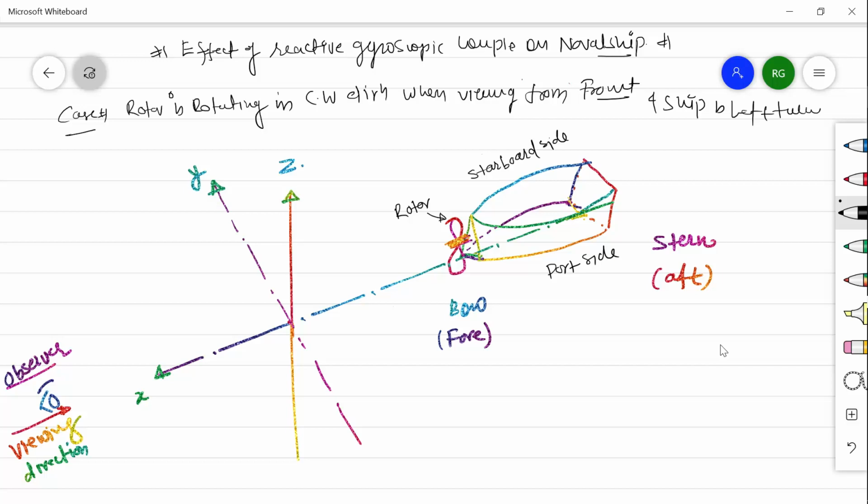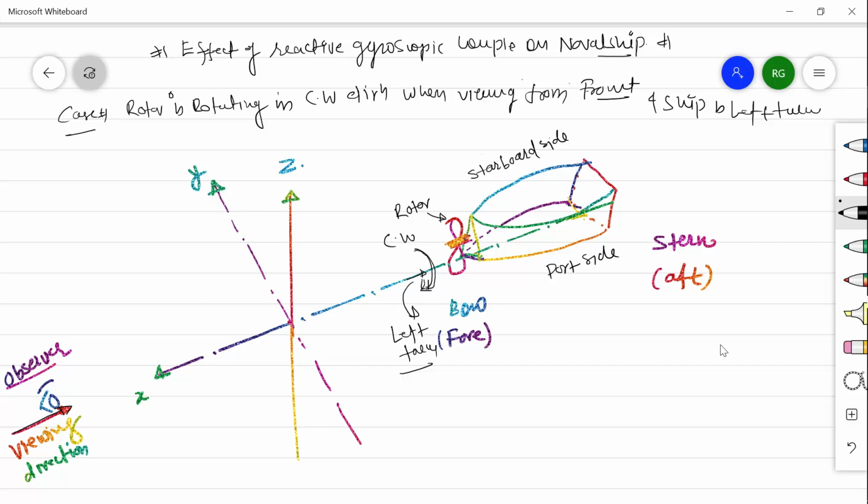So the situation is, this is the observer side, or the side from where we are viewing, and the rotor is rotating in clockwise direction when viewing from this side, and the ship is taking a left turn. Now according to the right hand rule, if we curl our fingers in this direction,